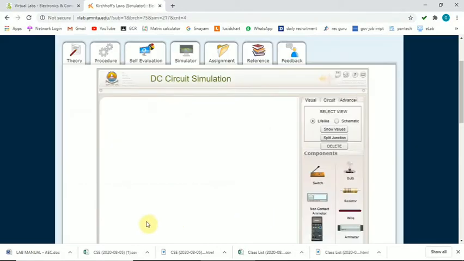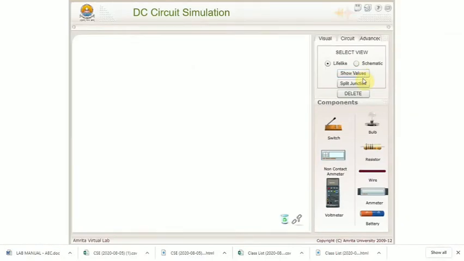So this is the workspace where we are going to drop our components, connect them and verify the laws. We need a source and 3 resistors. If you look at the corner, you will have a maximizing option. By clicking this, you can view your workspace in full screen mode. Now at first I am going to take the battery. You have to drag and place it over here. After placing, you can drag like this to change the direction. The top orange color is the positive side and blue indicates the negative side.